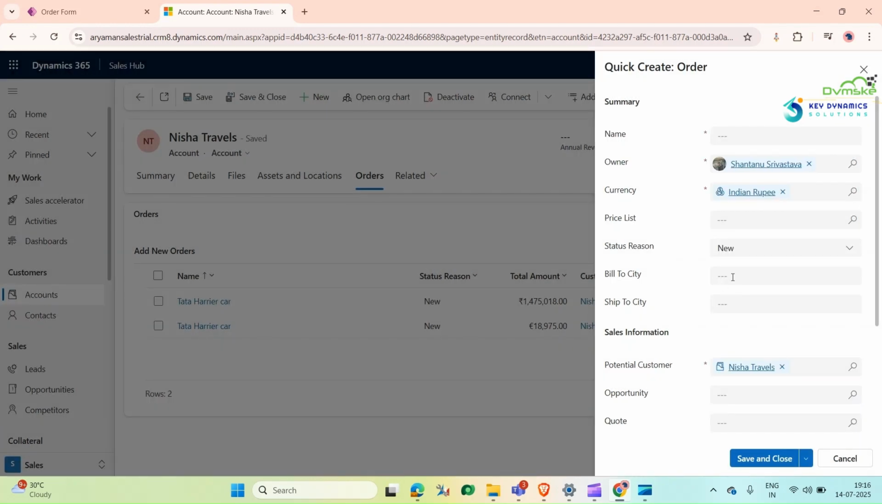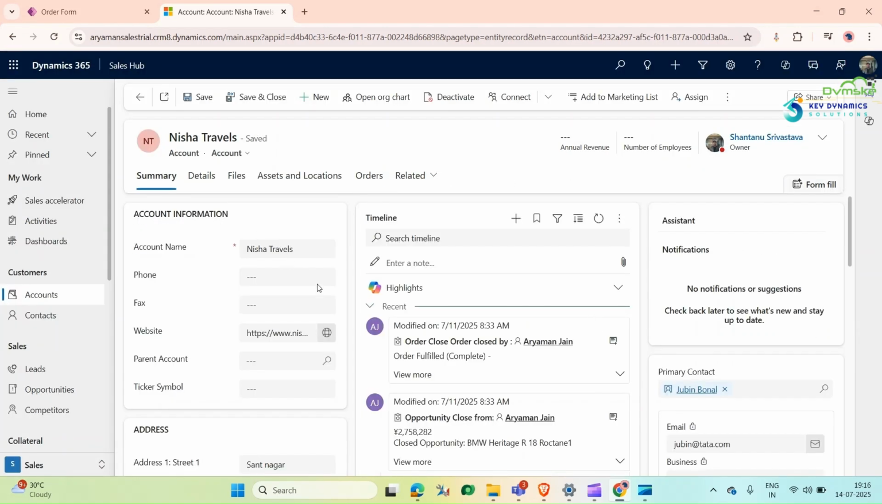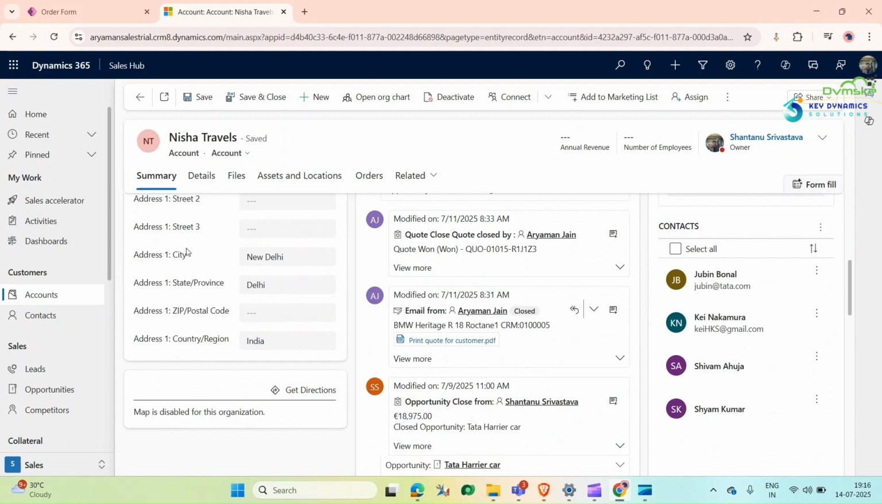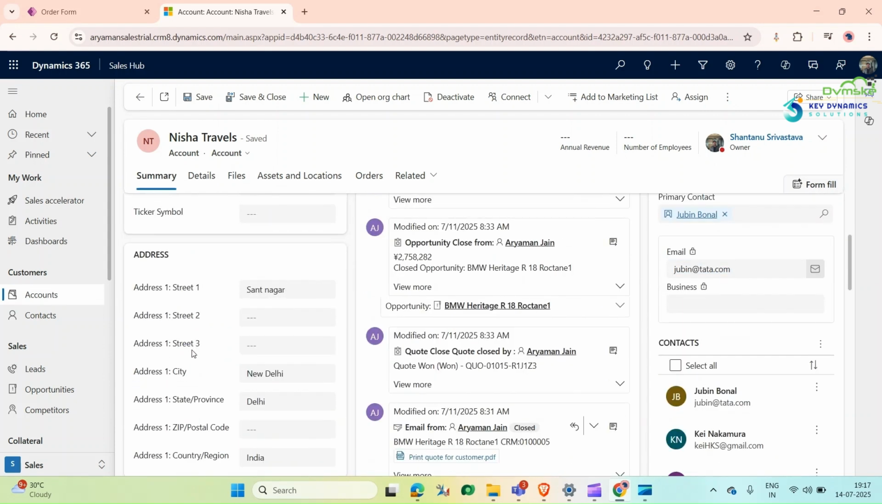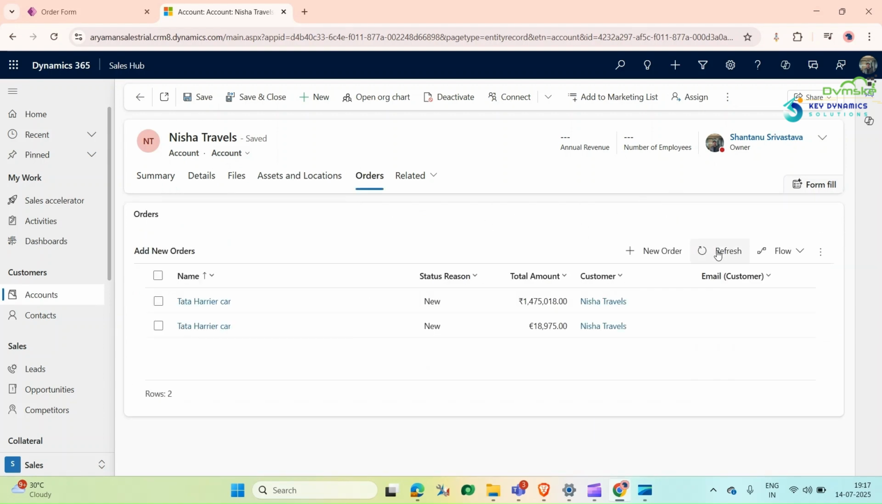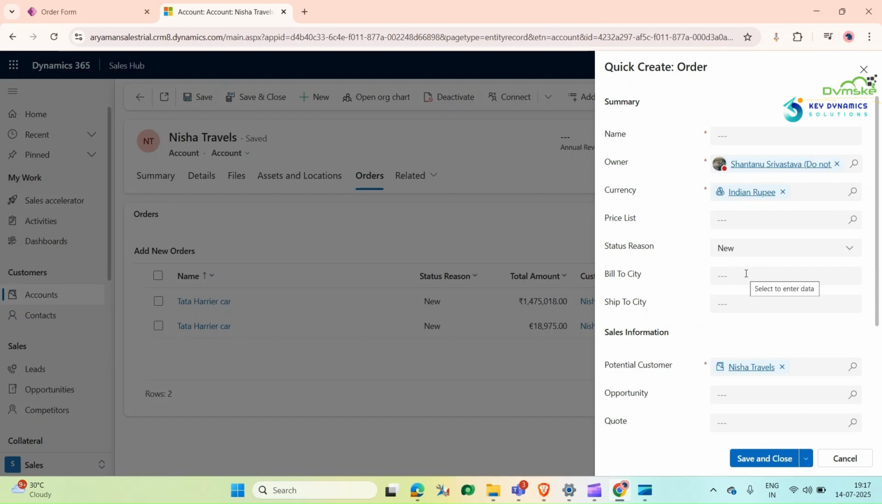So here we can see that two fields have been added, but they are not pre-filled with any values. So I want to add the bill to city and ship to city values from this account record. Let's say the city one, this one. I want New Delhi to be pre-filled, or rather the value of the address city one field to be filled whenever a user tries to create a record from here. I want that data to be filled in both